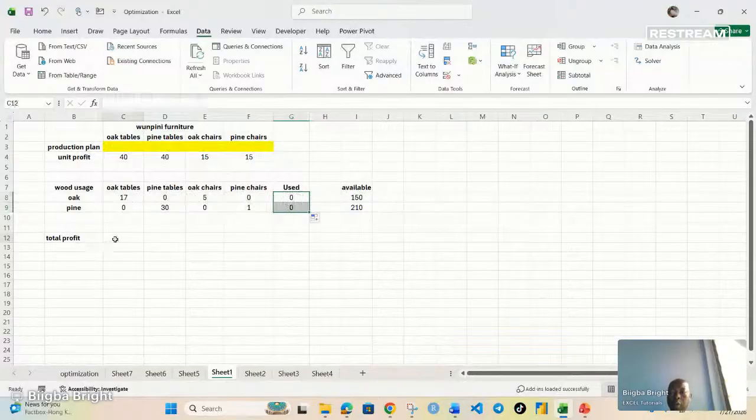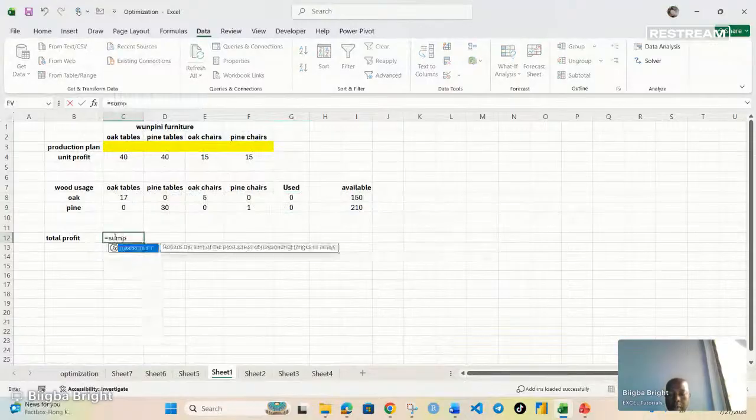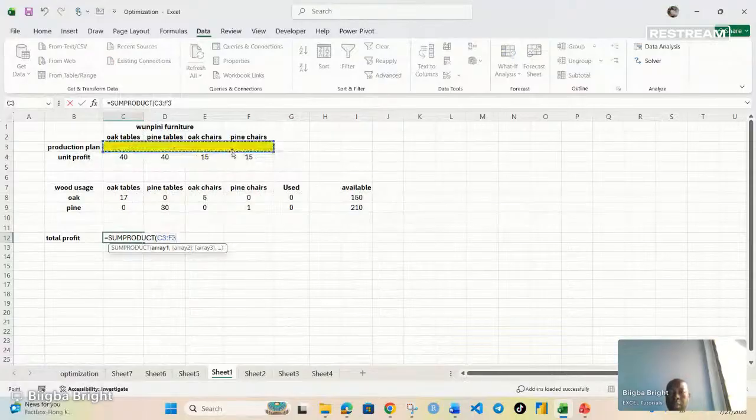Now let's come to our total profit. Our total profit is also the same SUMPRODUCT function. Because this is our unit profit, and whatever we produce here, if we produce 10 oak tables, you multiply 10 by 40, that should give you the profit, plus this and this, plus the same thing. Because we are going to be multiplying and adding, we'll use the SUMPRODUCT. So we bring our comma, and then also do this, and then we close it up